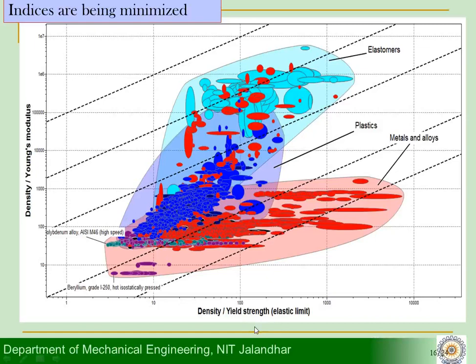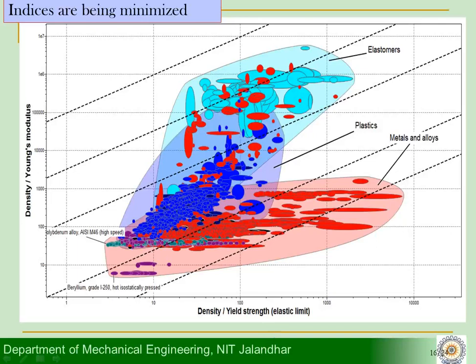It's not a property chart, but a combination chart. That means in place of plotting your normal strength versus density or modulus versus density chart, we have used the advanced function available in EduPack to plot the material indices themselves. So we have plotted material index 1, rho upon E, versus the second material index, that is rho upon sigma y.